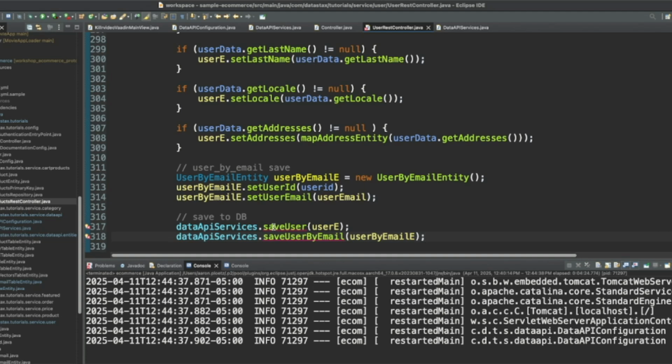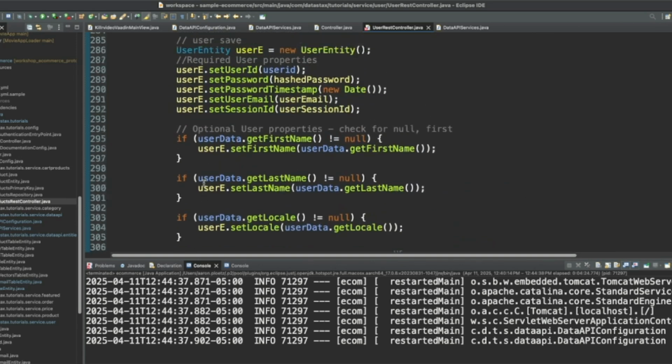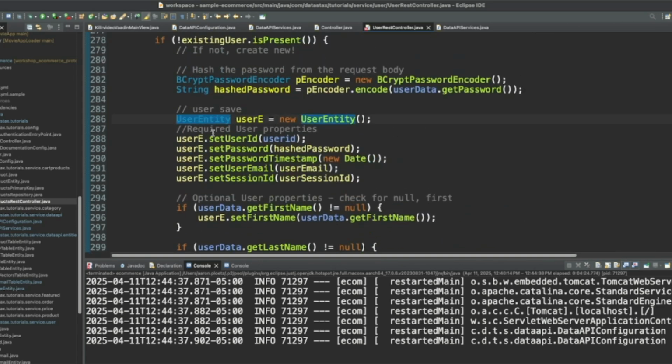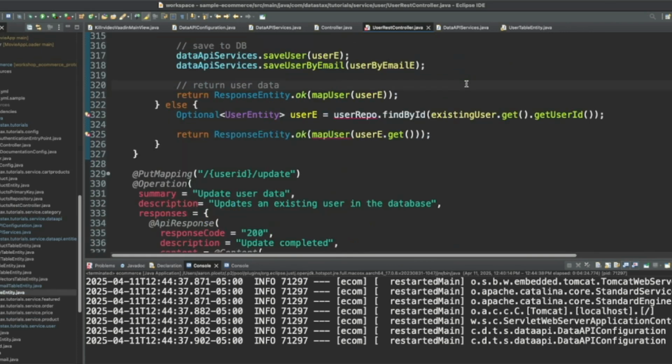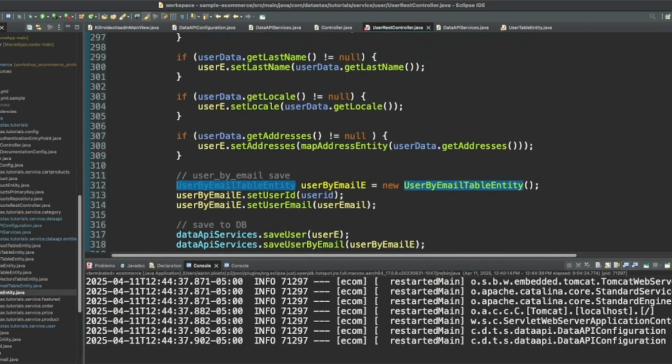There. Oh, the data types are wrong. So user by email table entity, that fixes one. Let's go ahead and fix user E. Here we go. User table entity, user. Okay. So now we're back to finding our user by ID.